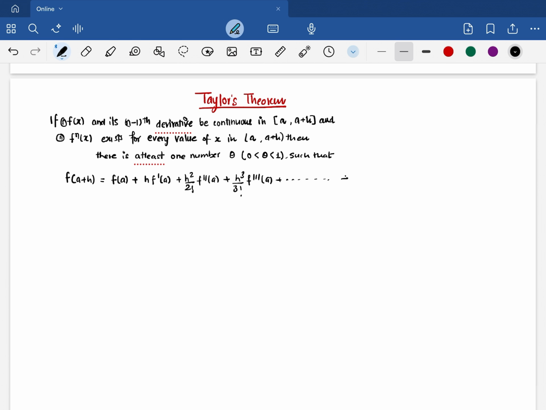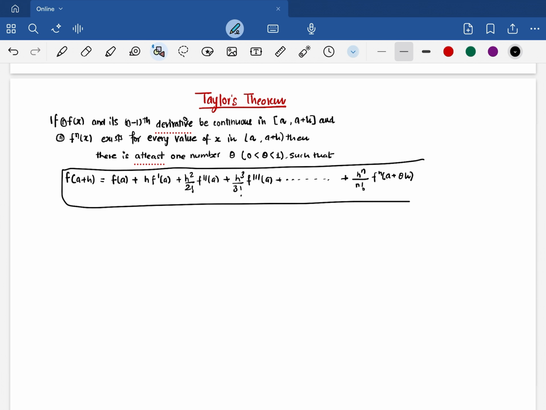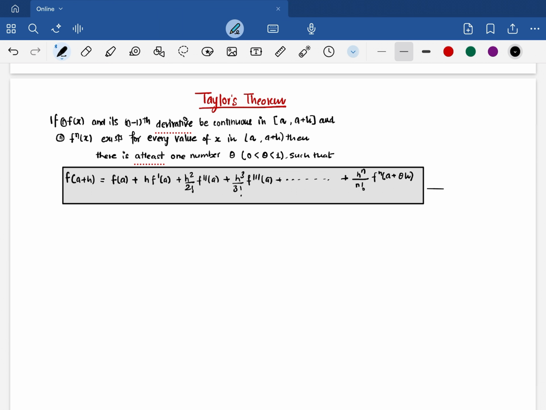It will continue to the nth term, h to the power n upon n factorial, the nth derivative of f at a plus theta h. Okay, so this is called the Taylor's theorem. Let us say this is equation number 1, called Taylor's theorem